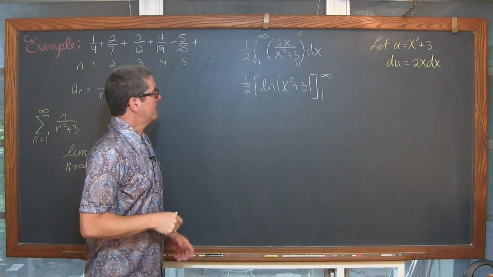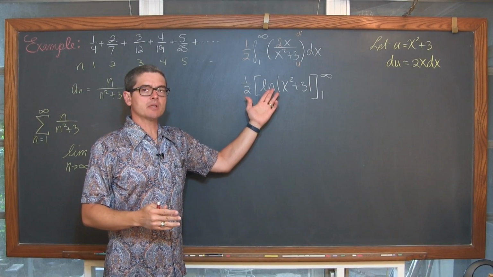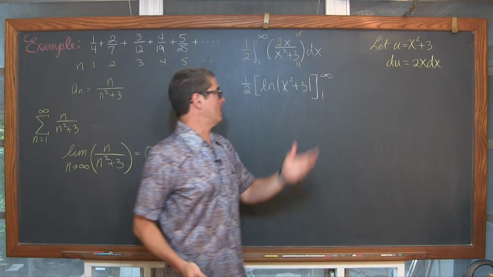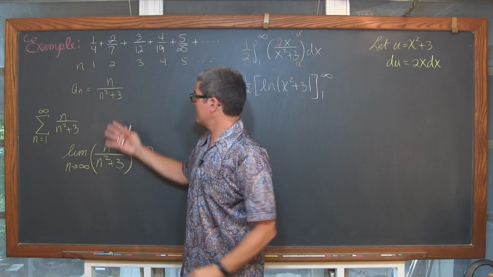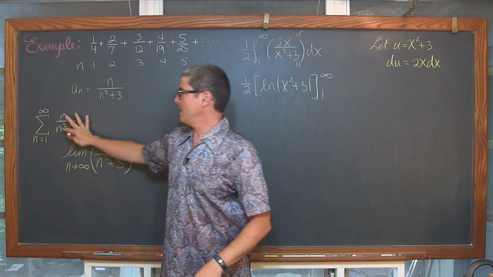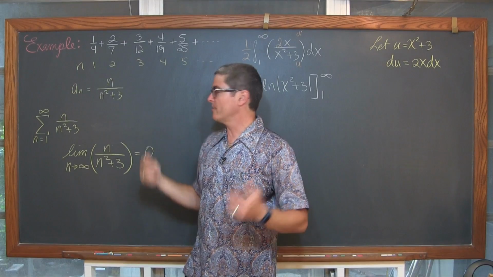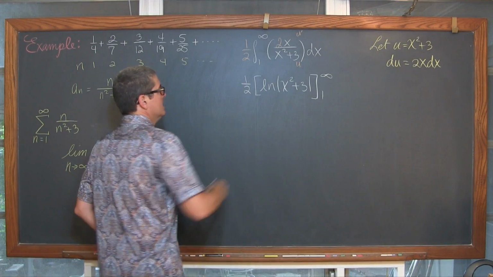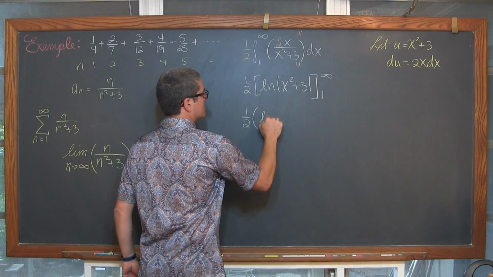Excellent. Now, we don't really need the absolute value symbols there because x squared plus 3 is always going to be positive anyway. And this x is really representing, we care about working with the sequence when n has a domain of all positive integers. So they're redundant. We have 1/2 the natural log